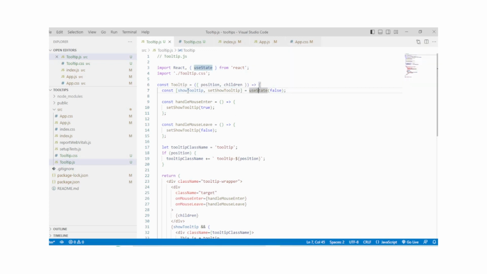The showTooltip state variable is initially set to false. When the element is hovered over, we update the state to true, and when the mouse leaves the element, we update the state back to false. The handleMouseEnter function is triggered when the mouse enters the element, and it sets the showTooltip state to true. Conversely, the handleMouseLeave function is triggered when the mouse leaves the element, and it sets the showTooltip